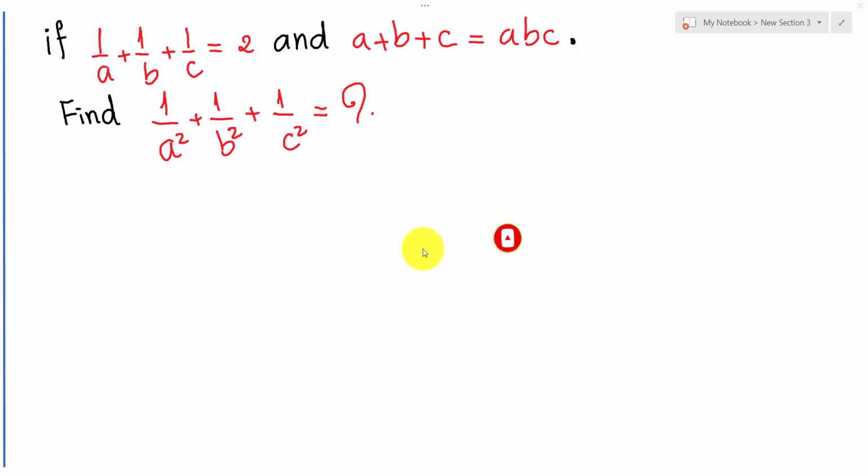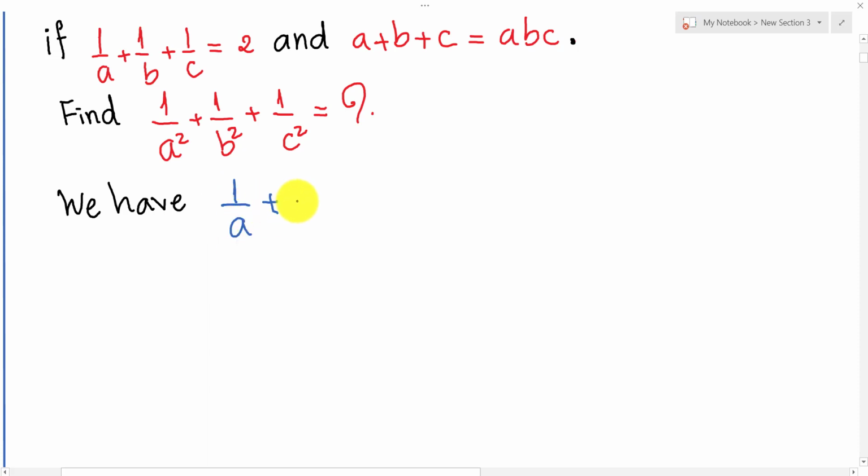And now we go to the solution together. Okay, now we have 1 over a plus 1 over b plus 1 over c equal 2. So I can raise both sides of this equation to square. So I get (1 over a plus 1 over b plus 1 over c) all squared